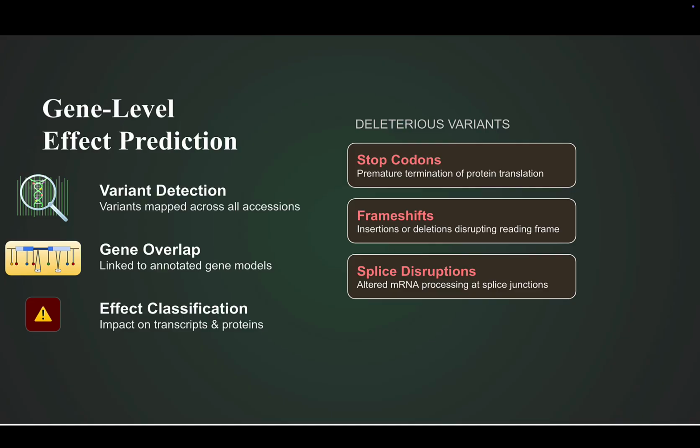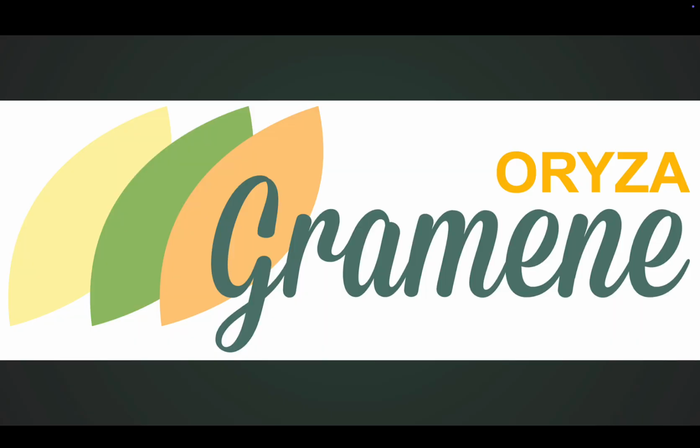any gene of interest. In today's example, we'll focus on OsMADS50, a key flowering time gene. By examining variants that affect this gene, we can quickly identify potentially informative accessions, investigate natural functional diversity, and better understand how genetic differences shape important agronomic traits. Let's get started exploring these tools within the